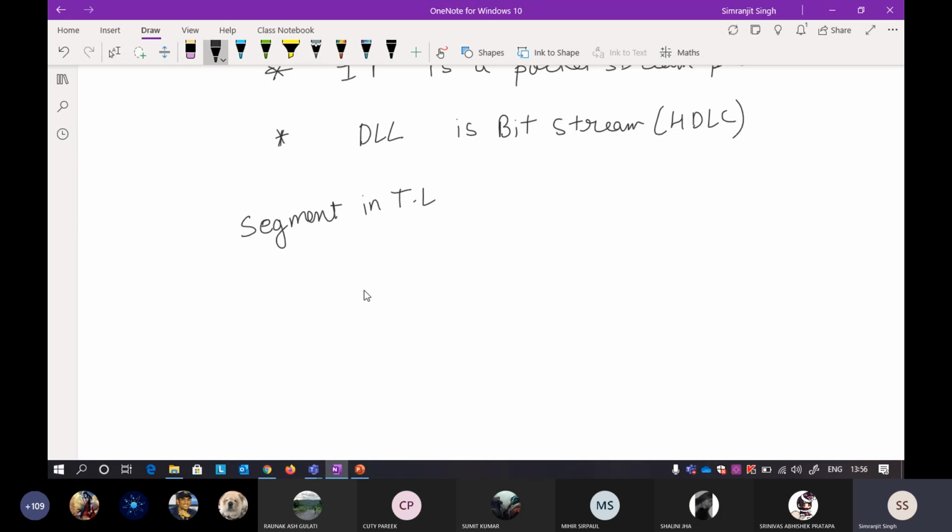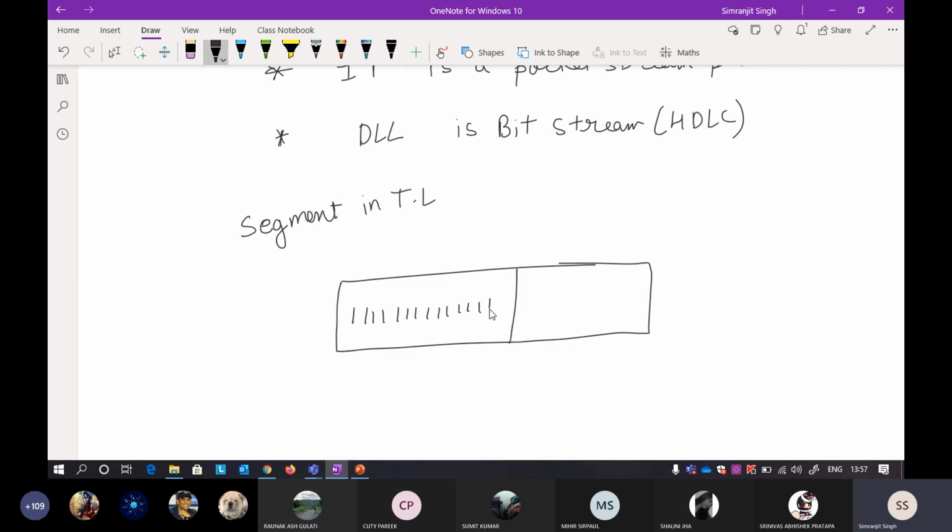Now suppose this is your starting bit. Suppose 1, 2, 3, just writing any numbers here. These are the numbers that exist there. Now suppose this will be your packet, and there is something called a sequence number here. There are other things, but I do not want to get into them right now. I'm just concerned with the sequence number. Suppose this is the starting sequence number.